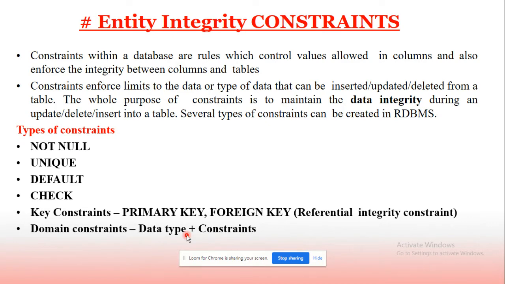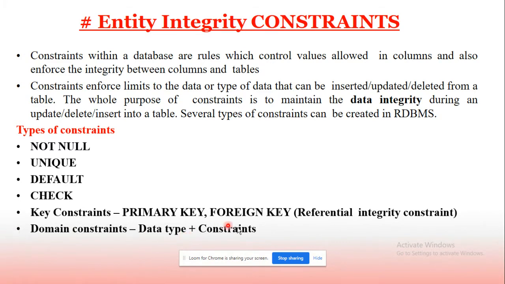Means if I have defined the type of that column as number, then I am not supposed to enter any string, any date format, etc. I just need to enter a number, and only a number is acceptable for that field. So this is also a type of constraint. Here domain means a set of values that is acceptable, that is values that are according to the condition or constraint of that attribute, that column.